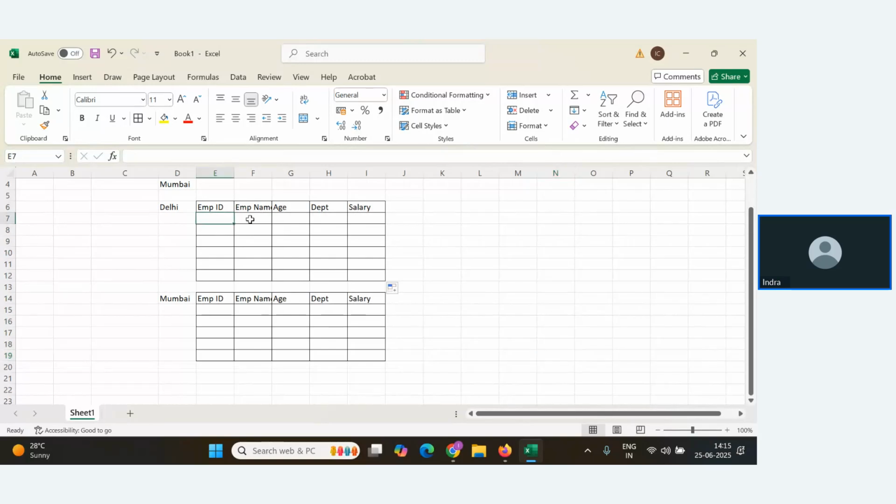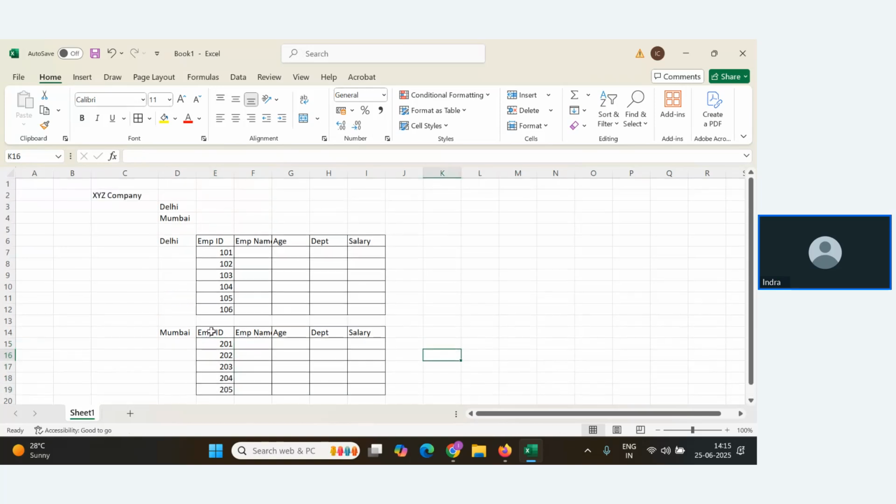This employee ID is going to be unique, right? Let's say this is 101, 102, 103, like that. We have certain unique records. This is also unique, correct? 201, 202, like that. So what you can understand from these two tables is that they have the same structure.